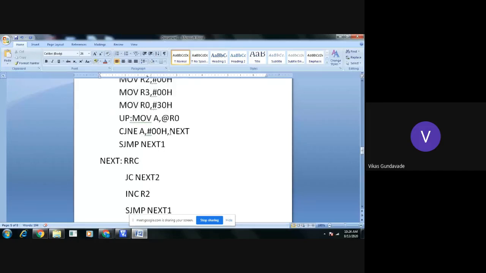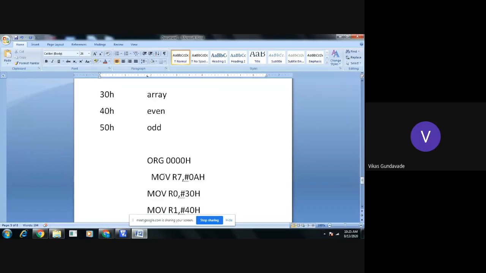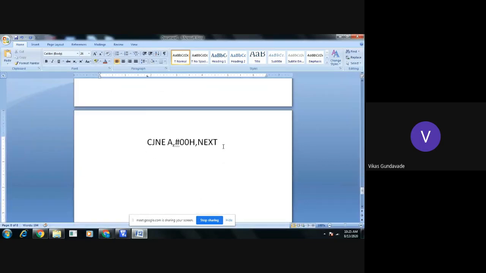If it is 0, or if both numbers are 0, we have rotated the contents. If it is not 0, we have to give the short jump. Okay, so here also we need to provide the next, and if both numbers are 0, then we need to give an unconditional short jump to the next one. Okay, so this will be another level, and this next will come to the further processing here.